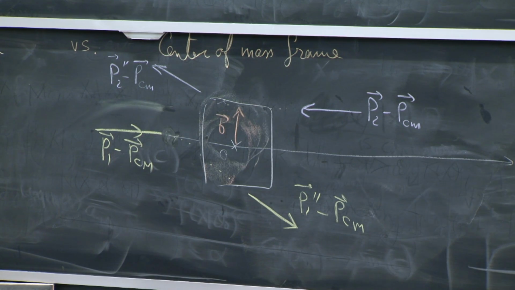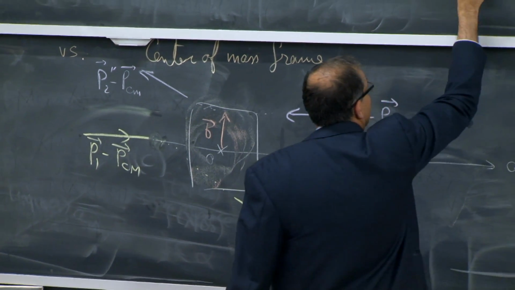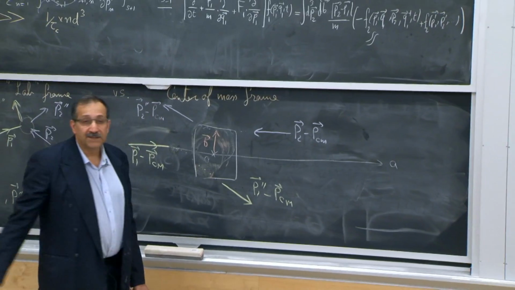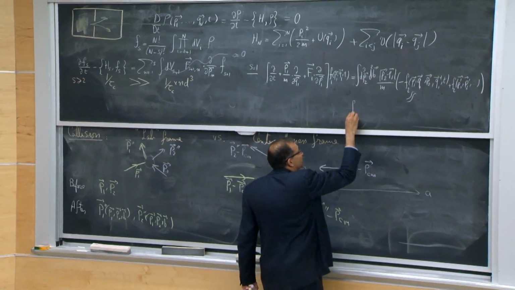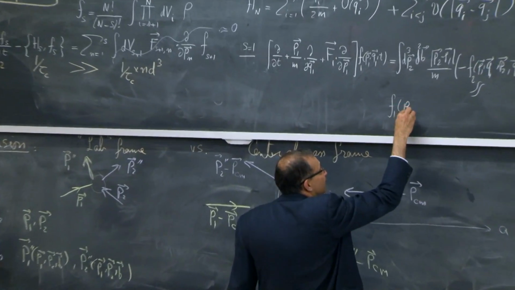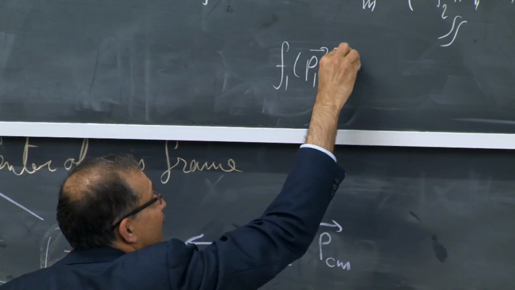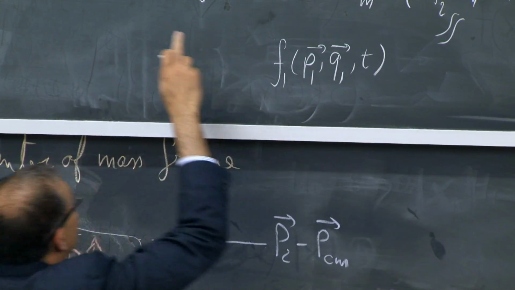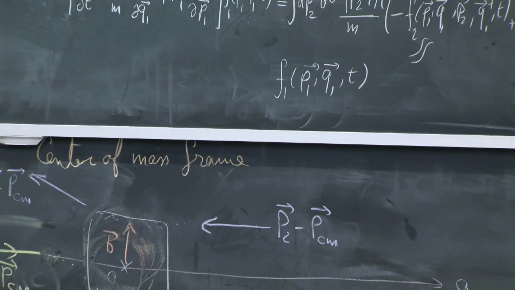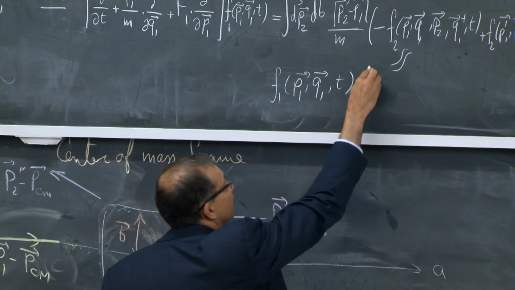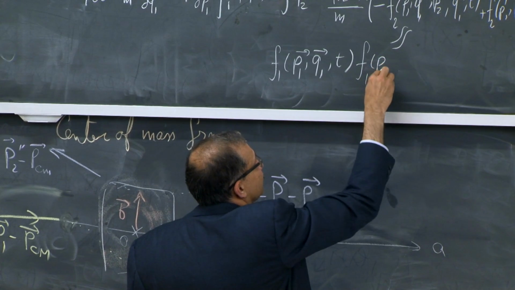So having done that, we make these approximations that essentially all of these F2s we are going to replace as a product of F1s evaluated all at the same location, the location that is specified here, as well as the same time, the time that is specified there. So this becomes